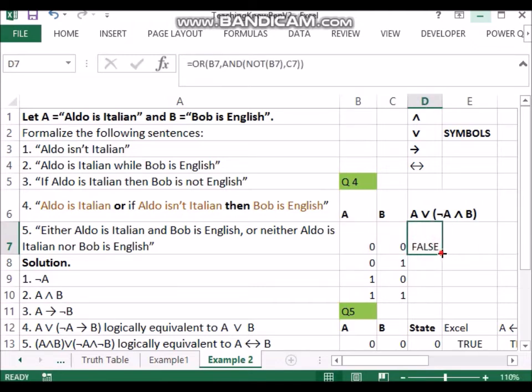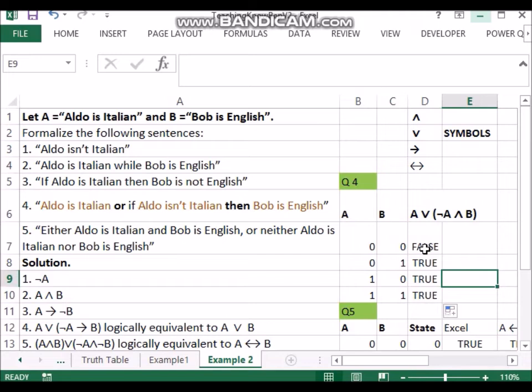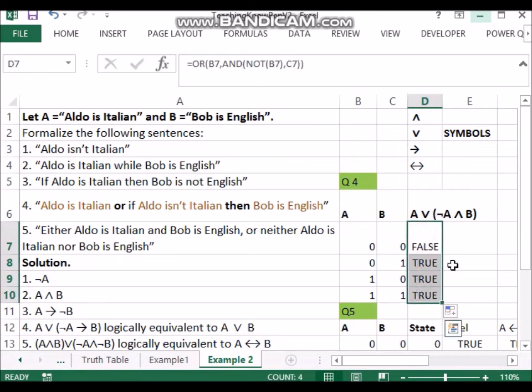and we get a false. And we pull it down and we get true. Where else have you seen such a truth table? It gives false only when both are zeros. In all other cases, we are getting a true. Okay. So this is what this is doing: A or not A and B. So this is how we will be able to convert that into an Excel kind of logic, and this can be seen here in the syntax where I've used three functions, one within the other, to make such a statement.